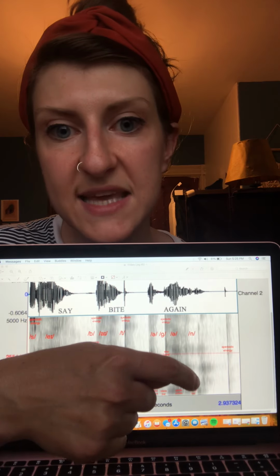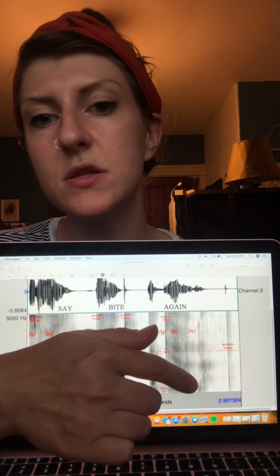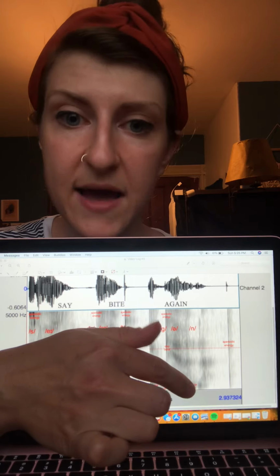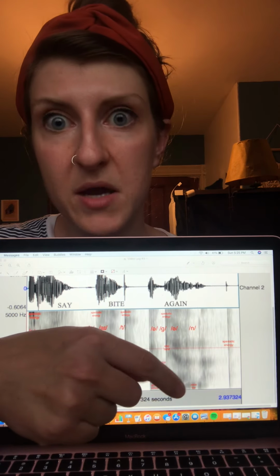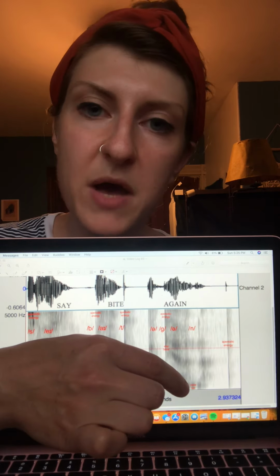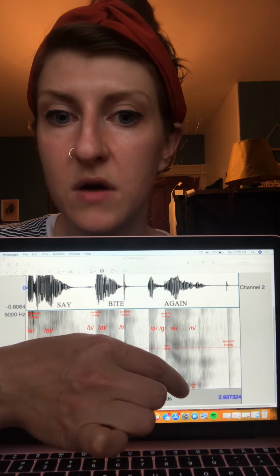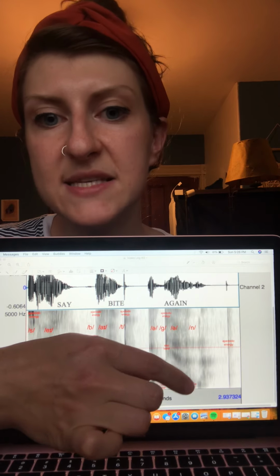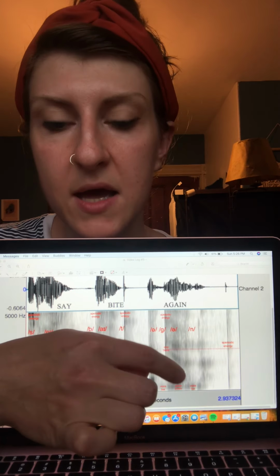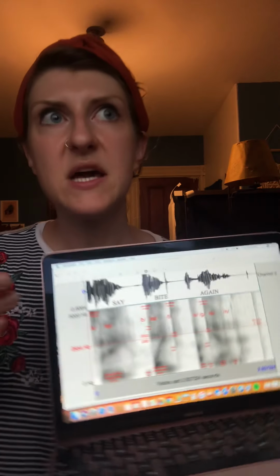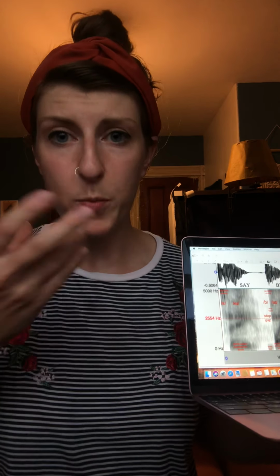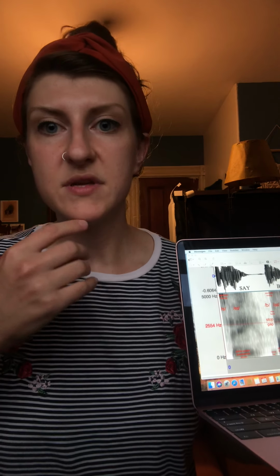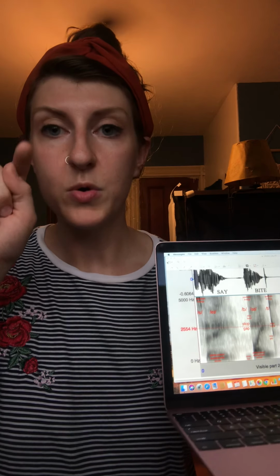Then we can tell this is the N sound here because N's tend to look a lot like a vowel sound when we're looking at them on a spectrogram. We have a voice bar at the bottom because it is a voiced sound, so our vocal folds are adducted in the production of that sound. But they tend to have these muted formant bars, because when we produce an N sound, our vocal tract is still fairly open, but the air continues to travel up and through our nasal